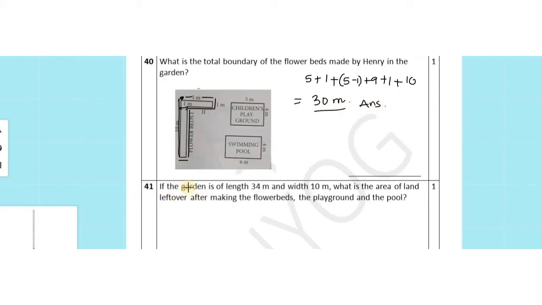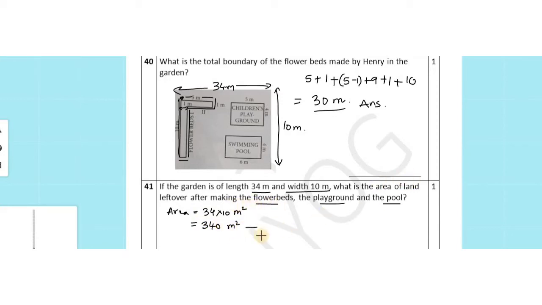In number 41, the garden is of length 34 meter. So, the whole garden is of length 34 meter and width of the whole garden is 10 meter. What is the area of land left over after making the flower beds, the playground and the pool? So, we will first find the area of the garden along with everything inside, that is 34 times 10, 340 meters square. From there we subtract the area of the flower beds, which is 14 meters square, and the area